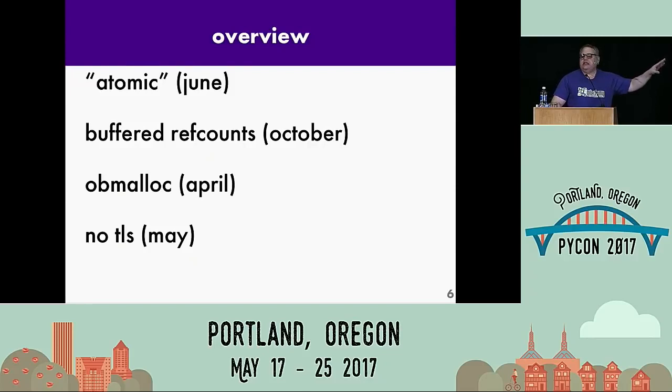When I say TLS, what I mean is thread local storage. This is data that you can store per thread so that each thread has its own version of something. You can store something there and no other thread is going to examine it, and so you don't have to lock it in order to talk to it. So I'm going to go through each of these items and basically what it is,